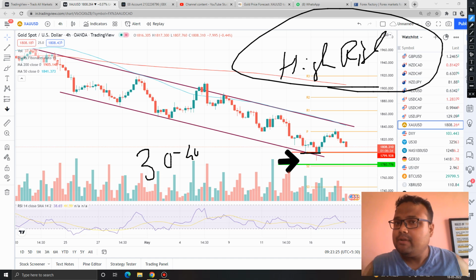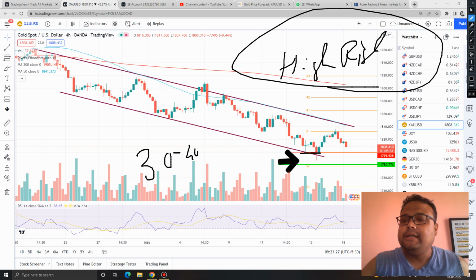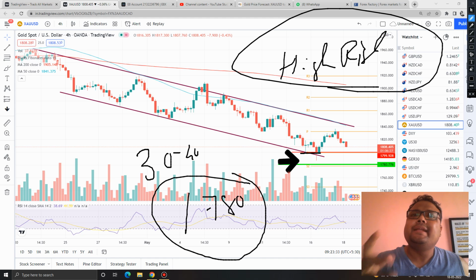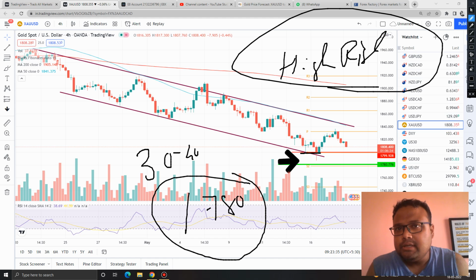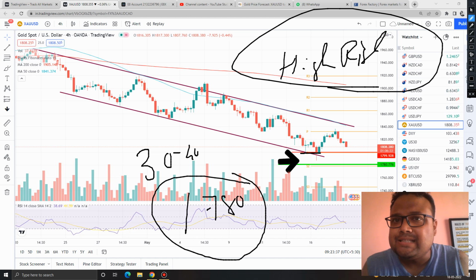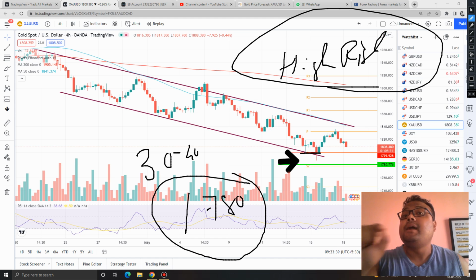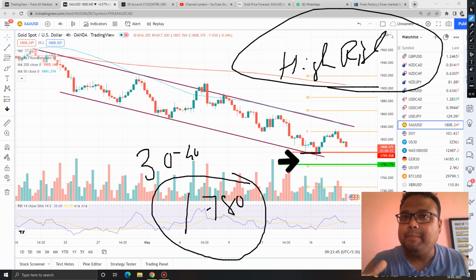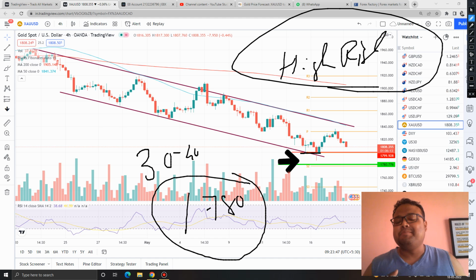If the selling pressure continues, then the next important support is around 1780. You may see some sort of bounce at 1780. You can try to go for a buy at the 1780 level if the market bounces. Yes, my dear friends, never forget, no level is permanent in the market, but our capital is limited. Never make the mistake.